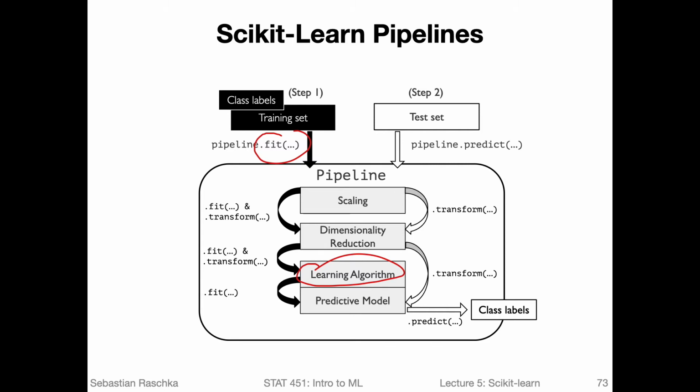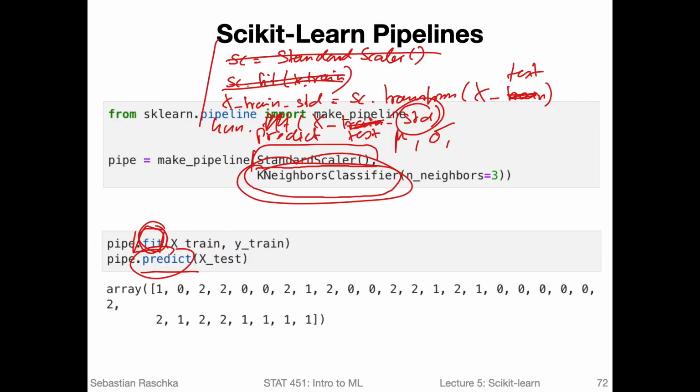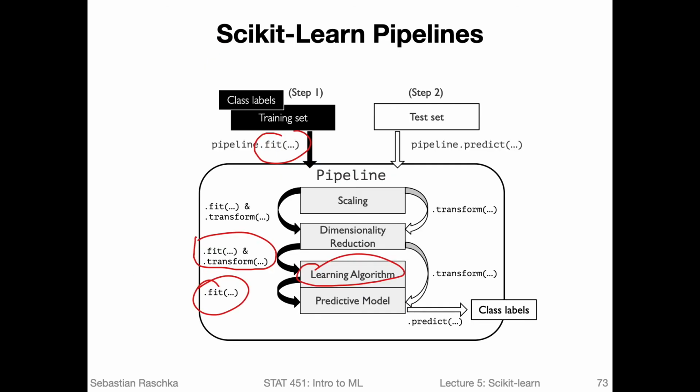And this last step will only call fit, but all the other steps in between will call fit and transform. So you can't have two classifiers in this pipeline. Only the last element, in this case we only have two elements, only the last element can be a classifier, and the previous steps have to support transform. So it could be, for example, the standard scaler that you can use here. Instead of using a standard scaler, you can use a min-max scaler, for example.